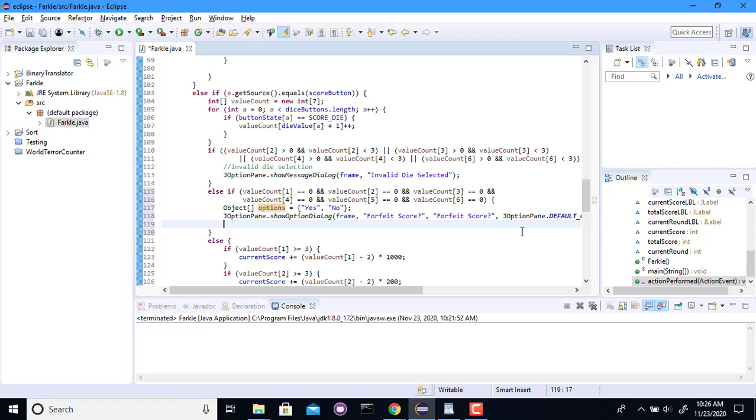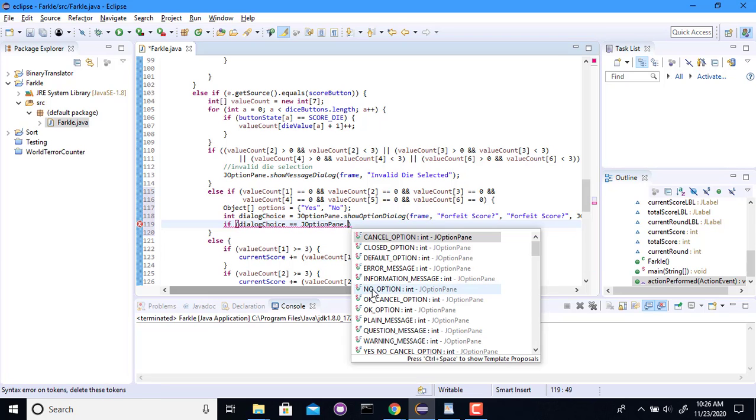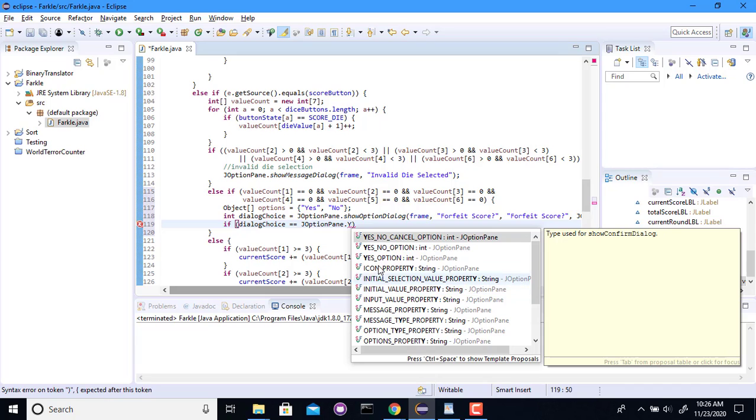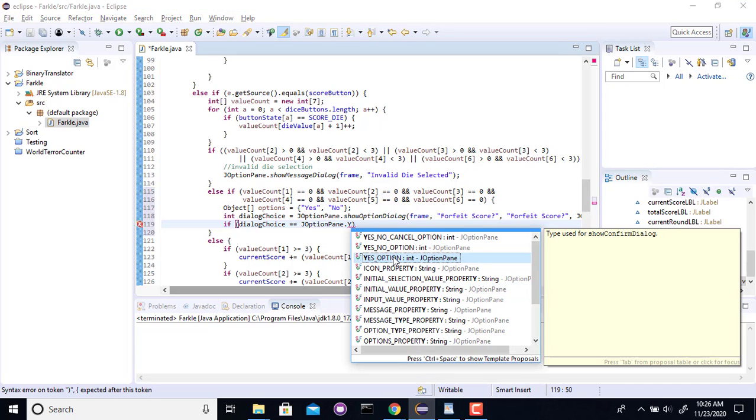So now that I showed this thing, I've actually got to do something with it. So when I actually do the yes or no, it's going to set up a dialog box, which is going to be a choice, and we need to set that to be something. That reminds me, this actually returns that dialog box. This thing will return a yes or a no value, so I better capture that if I'm going to do something with it. So this dialog choice will be here. So if the dialog choice is the yes option, yes cancel, yes no, yes option,